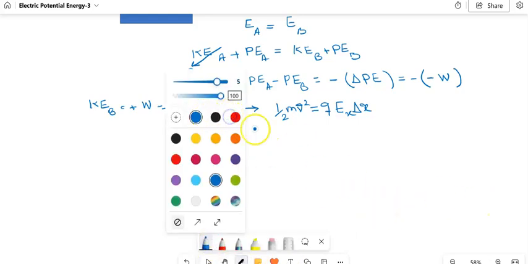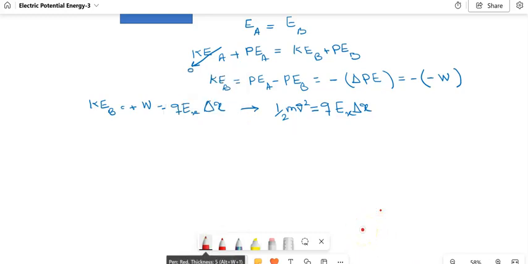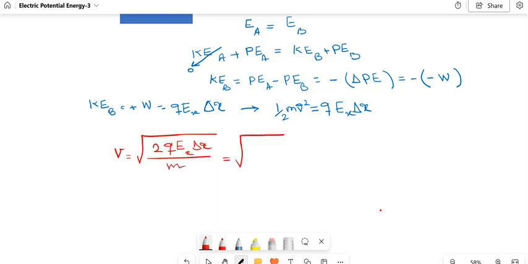Now, let's change the color. So the speed is going to be the square root of 2 multiplied with this term, charge, electric field, displacement, all of them under the square root over the mass of a proton, or mass of an electron here. So what we have is an electron with the charge of a negative, electric field, which is in the positive x direction,